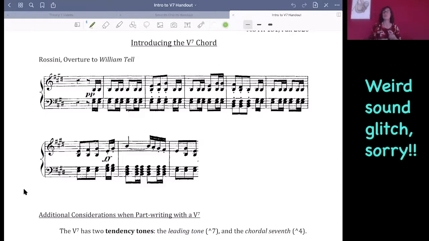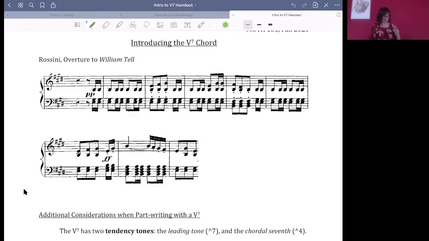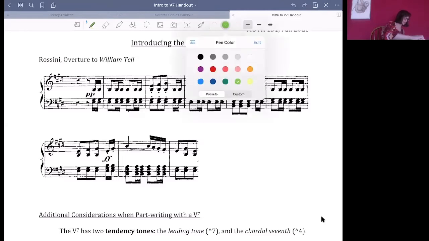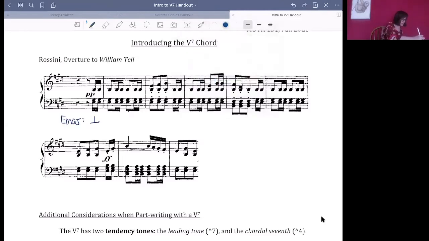But let's go through anyways and put some Roman numeral labels on what we do have. So just taking a quick look at your score, we're in E major, we start on tonic, we move to the dominant for a really quick bar, go back to tonic,